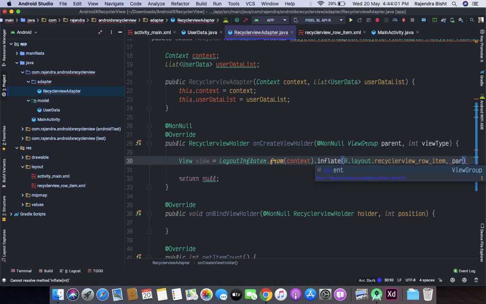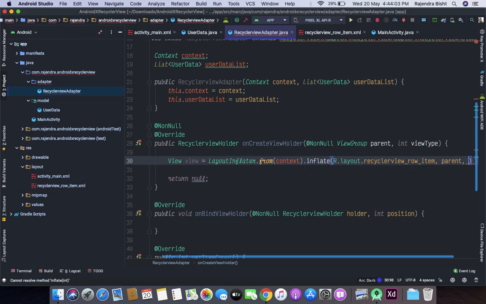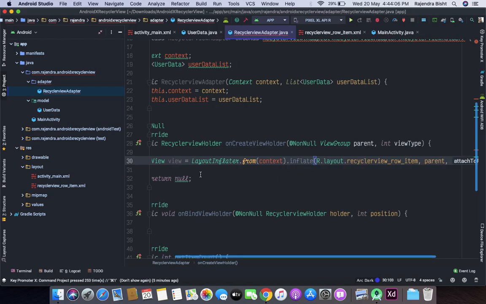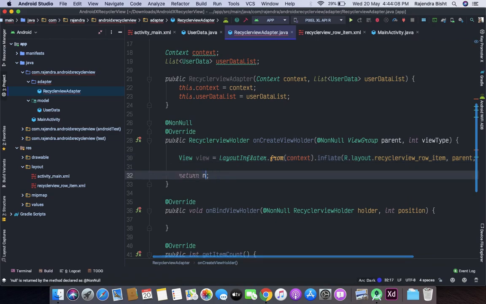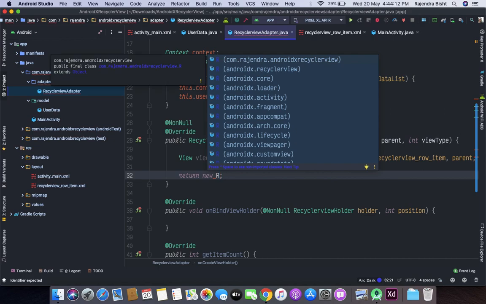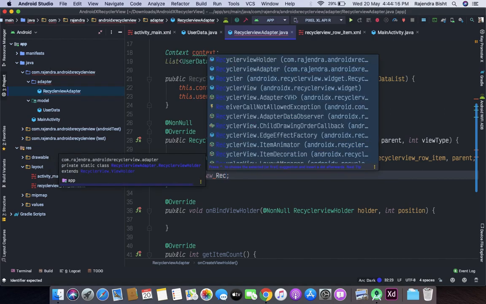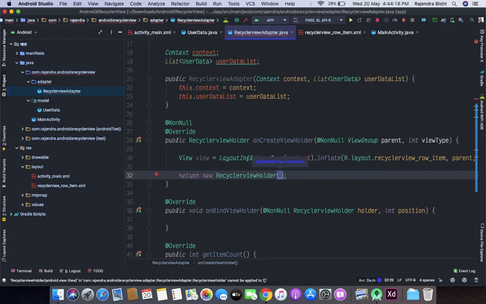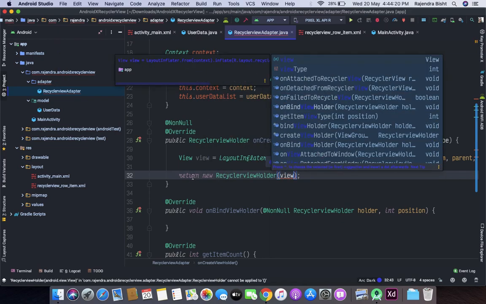Here we will take the parent and false, and it will return the new view holder. New RecyclerViewHolder, and we will pass the view inside the RecyclerView.